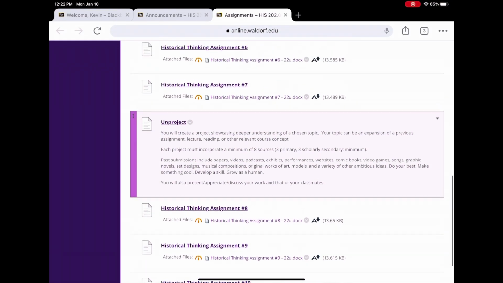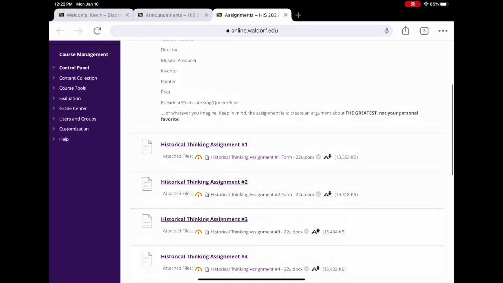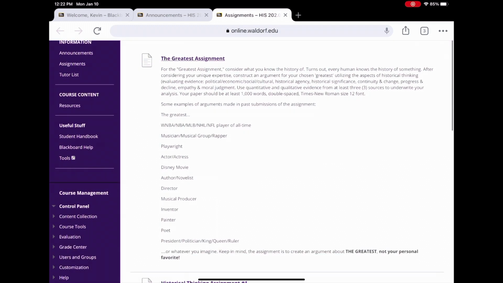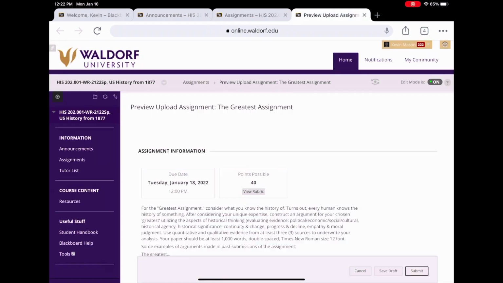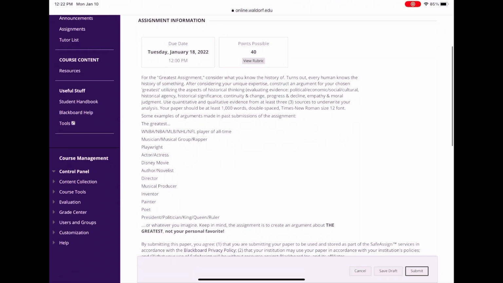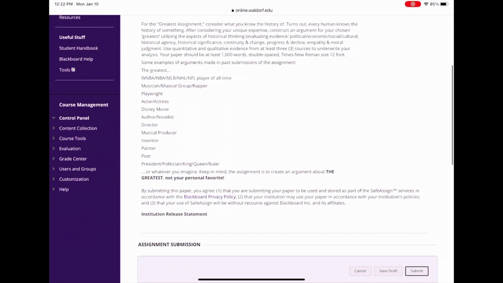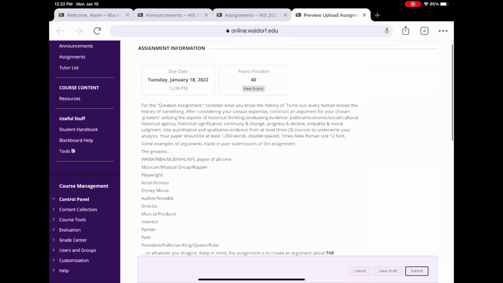So maybe you're concerned about these assignments. The most useful thing you can do is go over here where it says assignments, click on the tab, and open it up, and it'll show you a wealth of information about what you're going to be asked to do over the next 16 weeks in this class. So if you are freaking out about that greatest assignment, it's right there. You can also see that we have all our historical thinking assignments and our unproject. All the information you need to work through these assignments